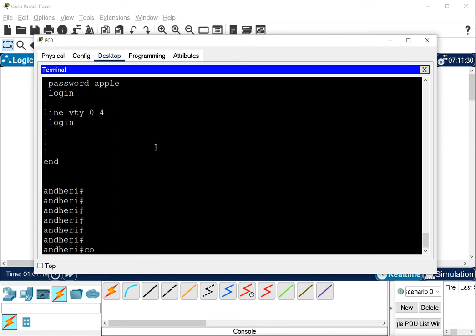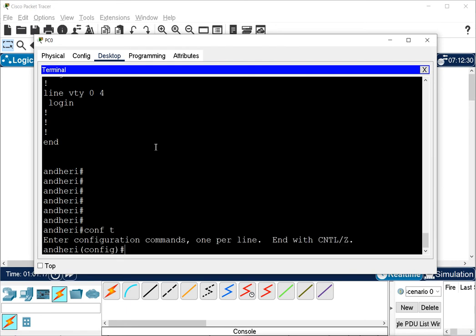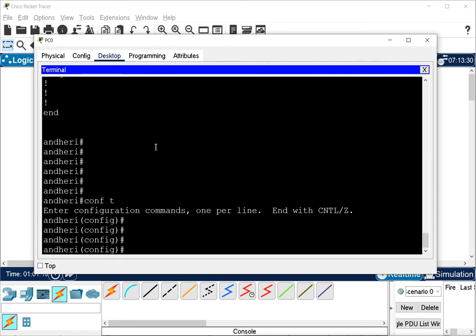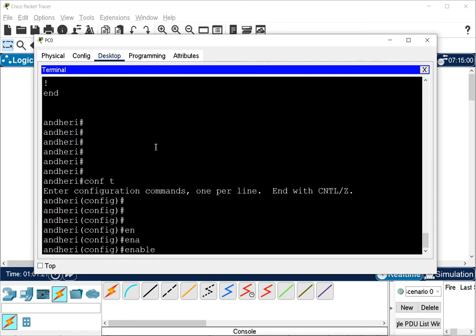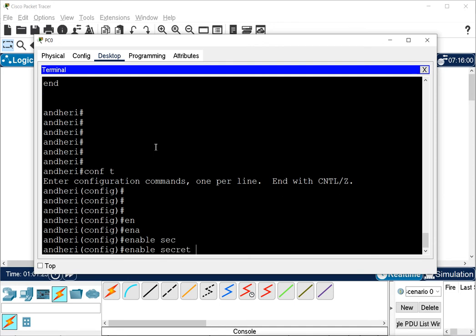For that, I will go to global configuration mode again, and this time I will give the command enable secret, not enable password. After the command you give the value, whatever password you want to set.